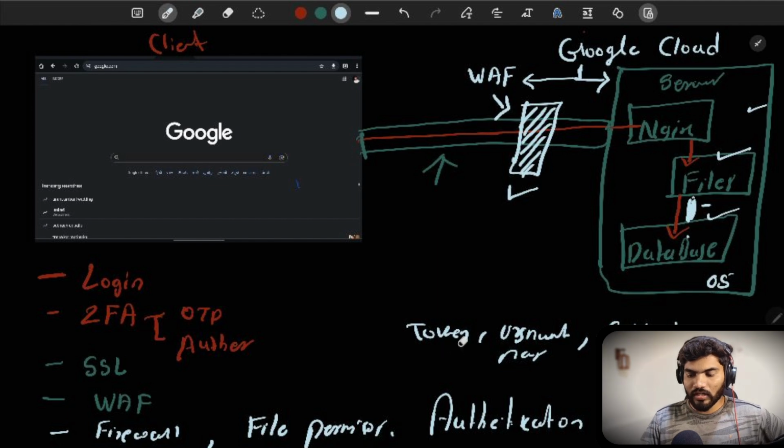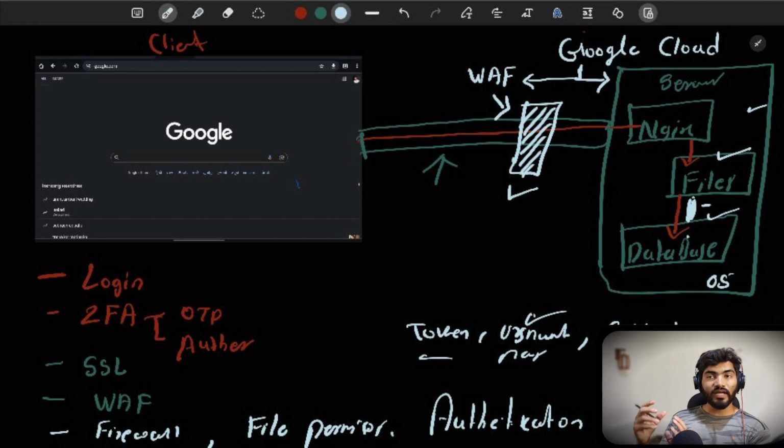We know that token authentication is like some random token. We know username and password authentication, obviously. And what is a certificate based authentication? You can say that there is a file with some certificate data inside it, and if we use that file before or while making the connection, it will automatically authenticate. Basically, that